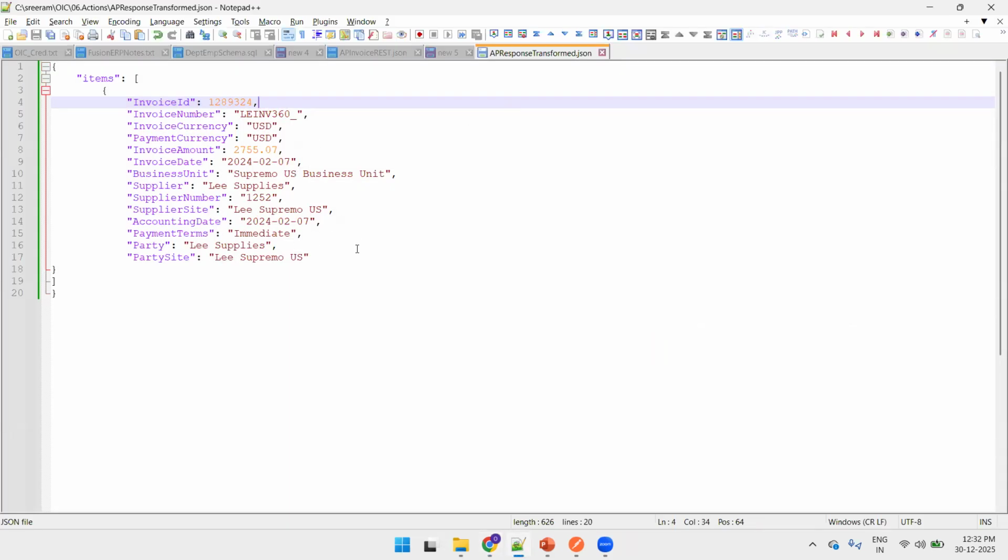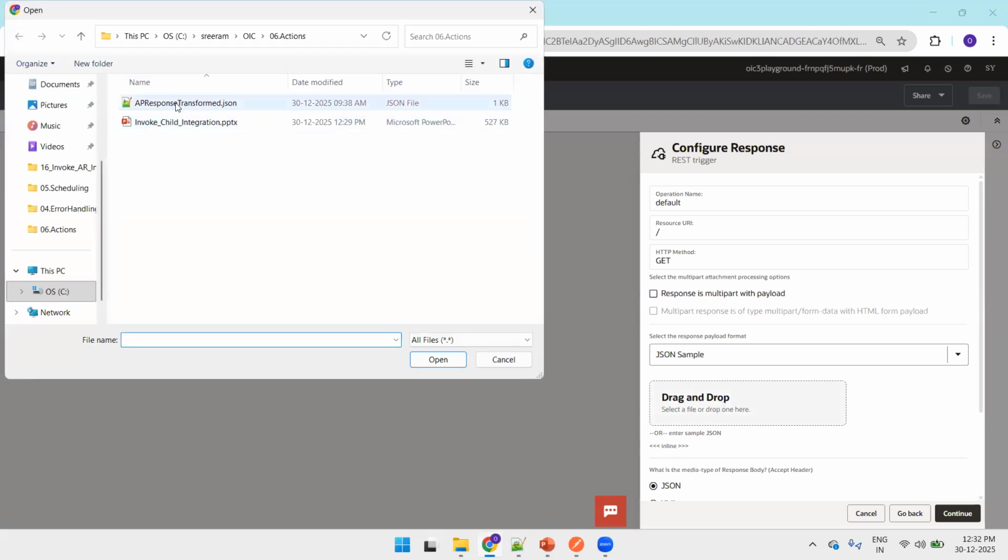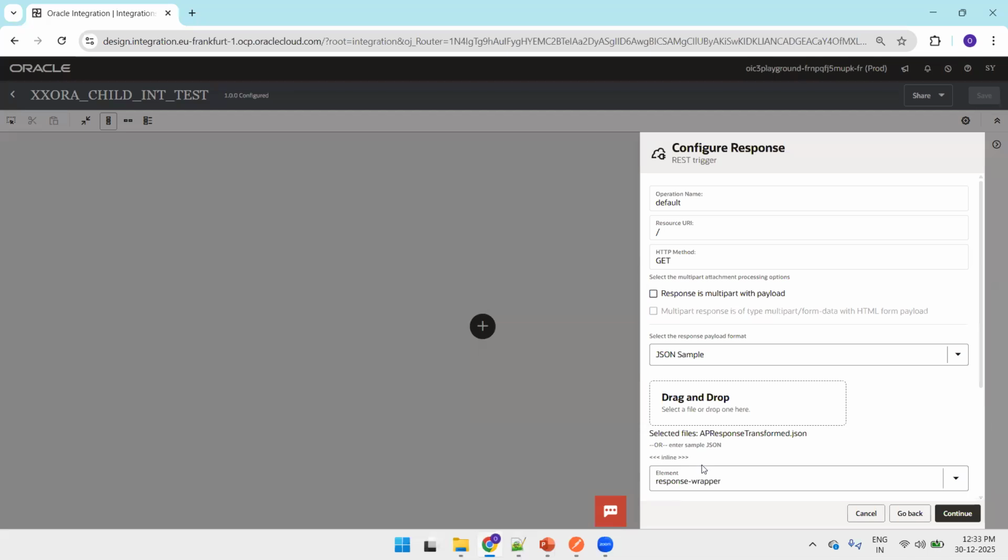I just don't want all the data. I want only these fields from the response of the AP invoice web service of Fusion. So I'll click on this one and select the AP response payload, which is a transformed one. Click on continue,